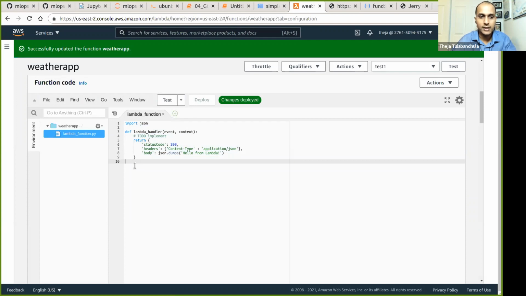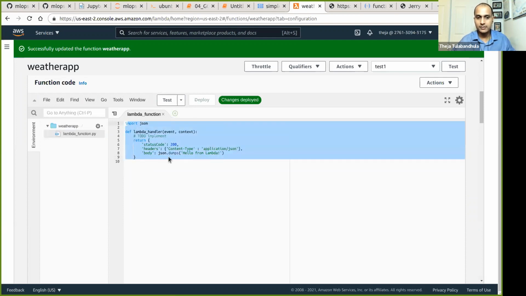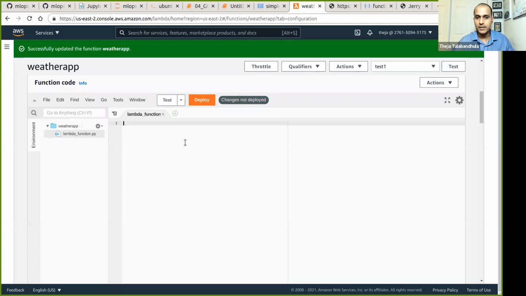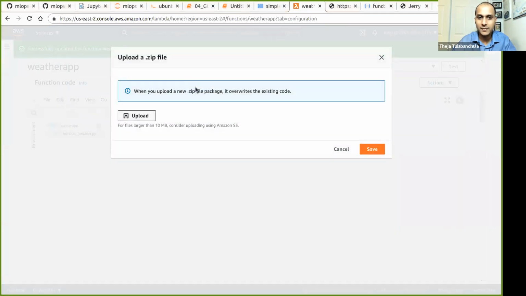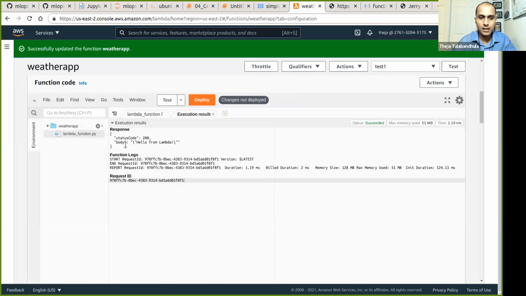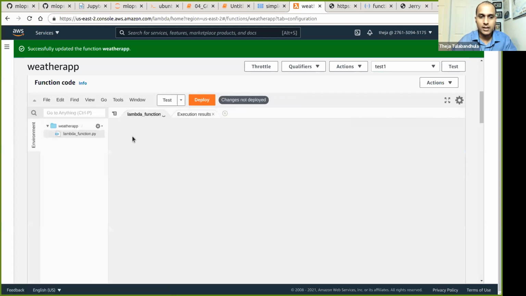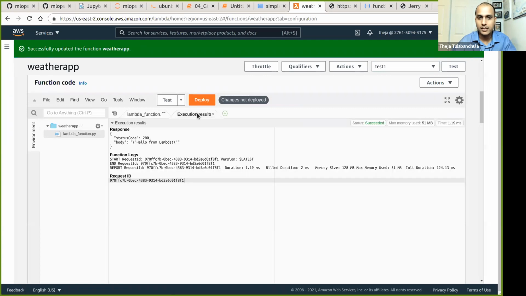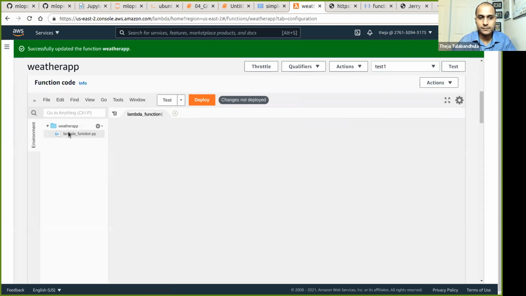For example, I can delete this and save it. And now if I upload the same thing again, you should be able to see that Lambda function. Let's close this.